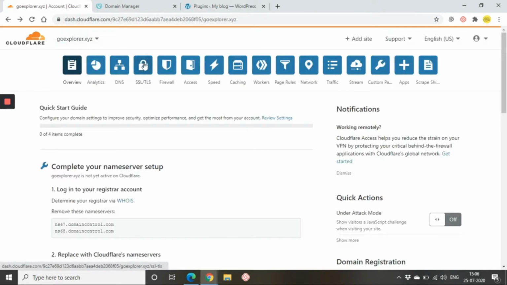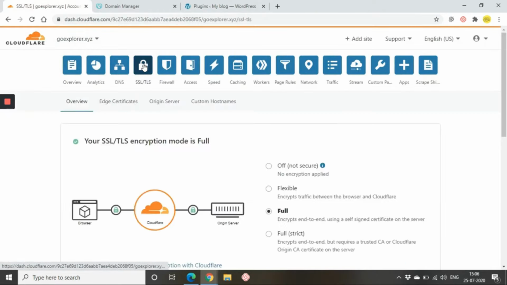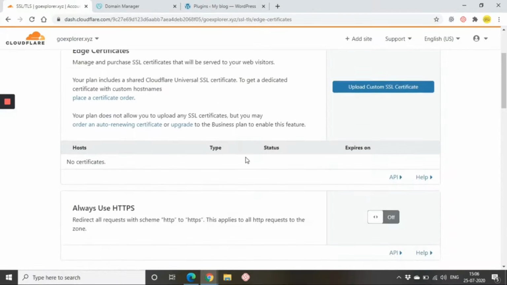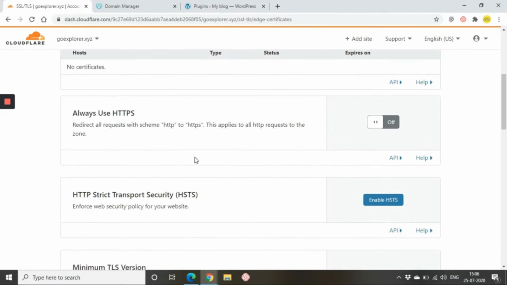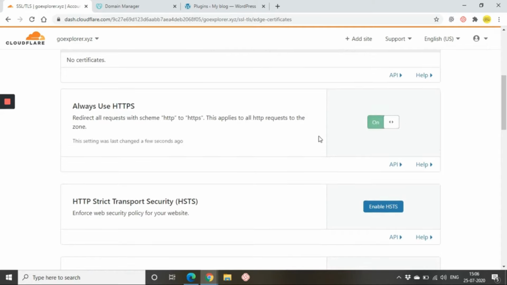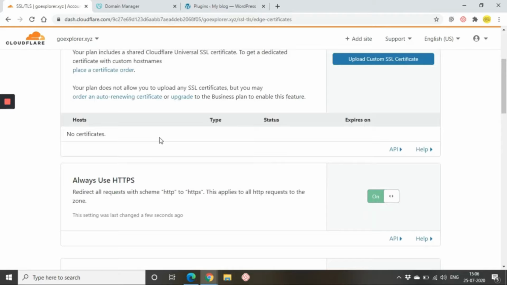Now click on that lock symbol, SSL, and then go to Edge Certificates. Now scroll down a bit and enable Always Use HTTPS. Please enable that option. Now let's go to our website and check whether the SSL got activated or not.